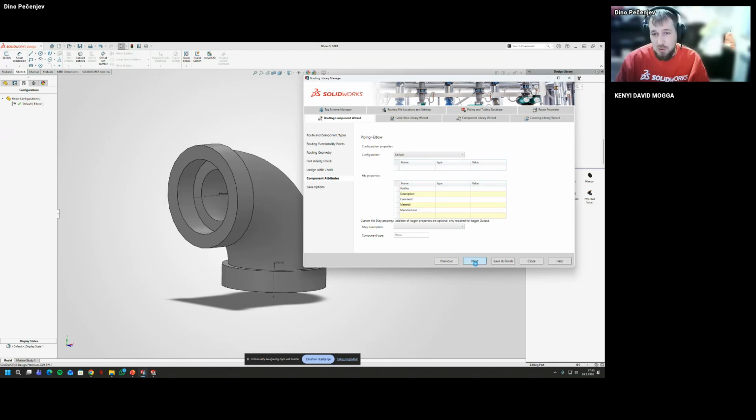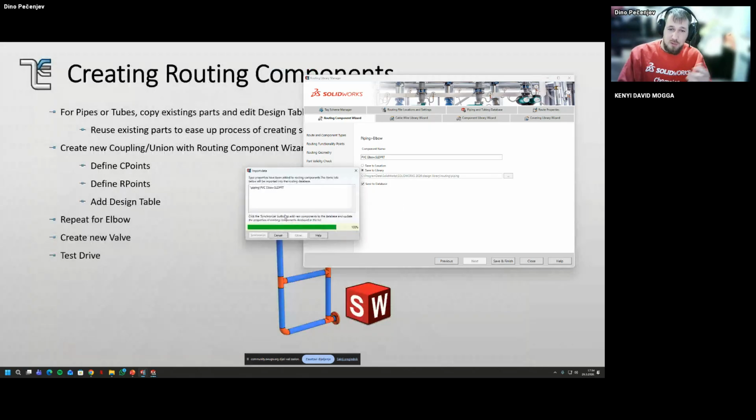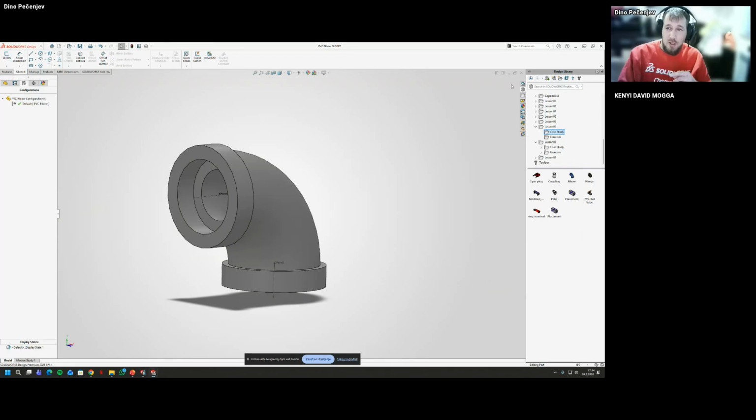I'm just going to use the default one, and again I'm going to use the PVC. I'm going to save to the database, so instead of creating the whole design table manually, I can add it later and edit it in the database. I'm just going to save it, and it's going to be added to my routing location.